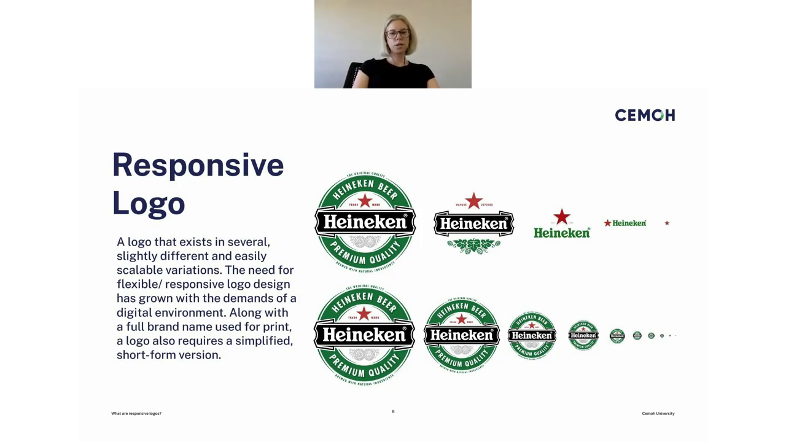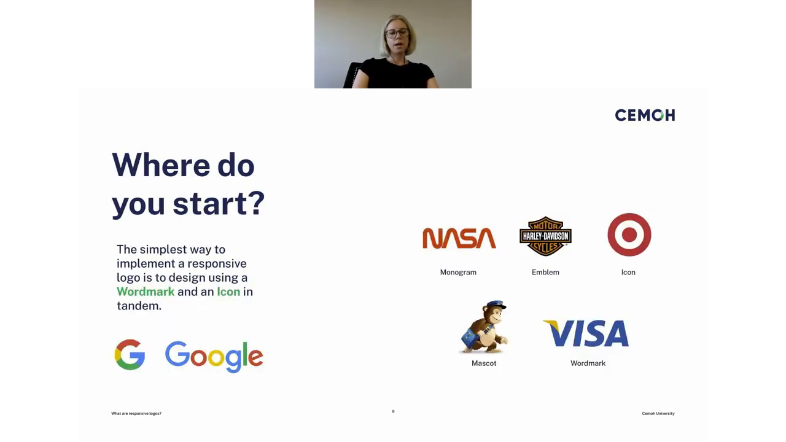So the next challenge that we have when we look at developing responsive logos is that a lot of the trend was driven by larger companies and large corporate businesses who had massive budgets to rework their logos, which is something that isn't really feasible when you're a smaller business. So when it comes to logo design, whether it's updating an existing logo or if you're building a new brand from scratch, the simplest way to implement a responsive logo is to design using a word mark and an icon